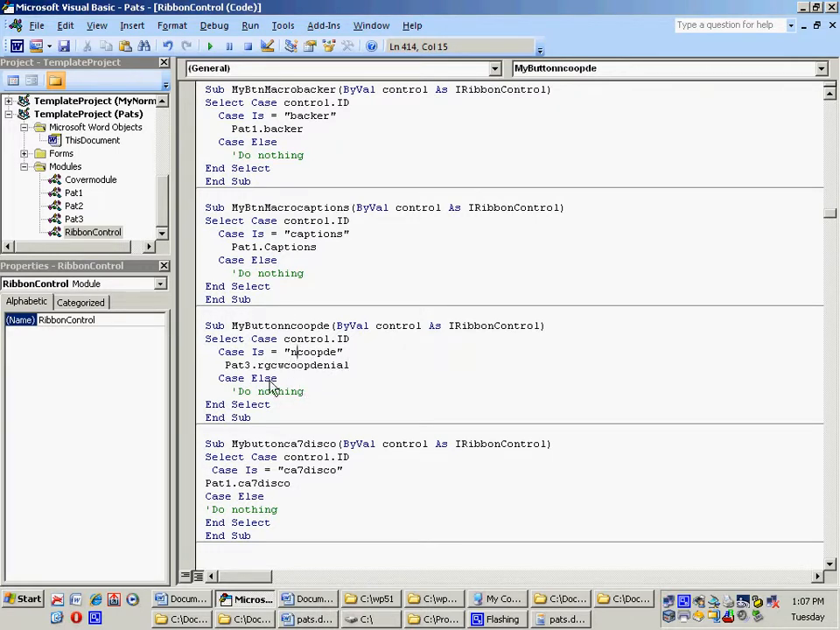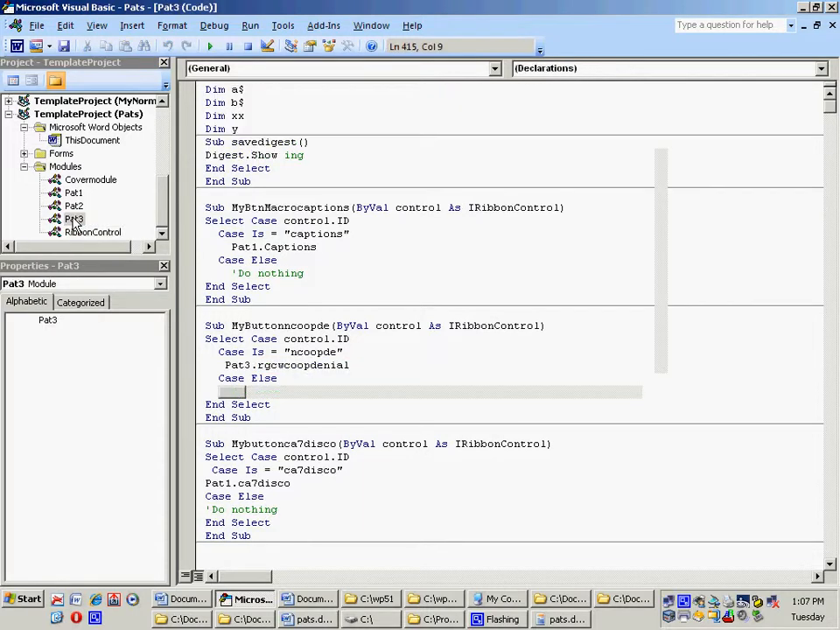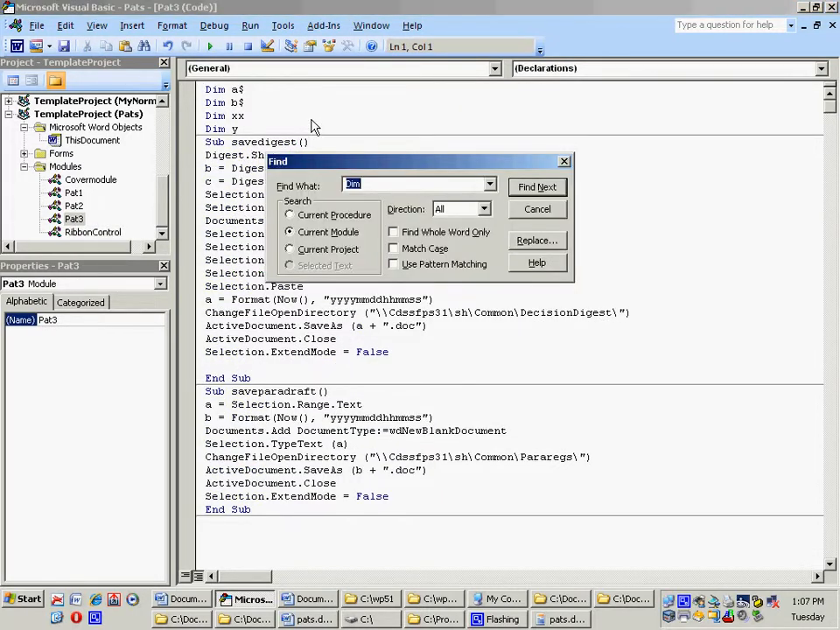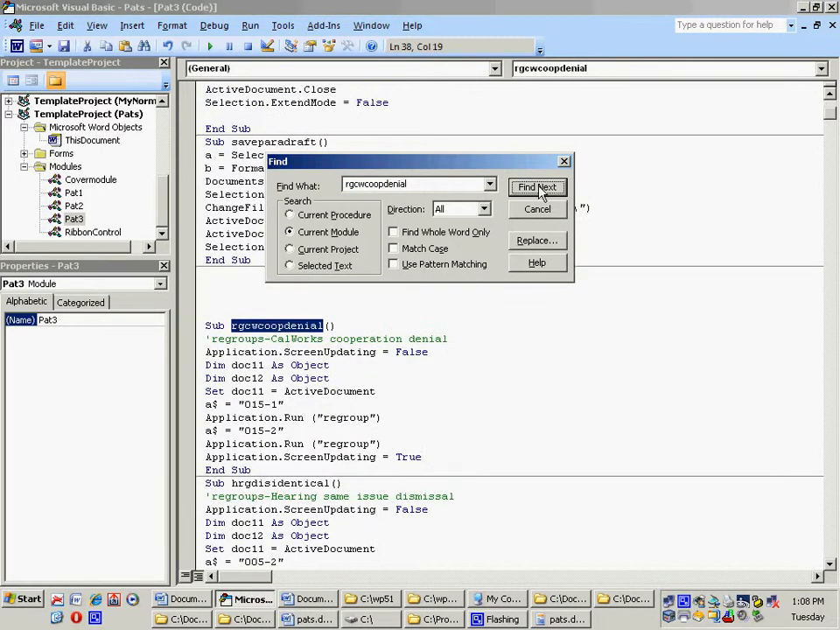So all this macro does is refer to the ribbon and then directs Word to a different macro. So it's one macro leading to another macro. And just to show further what happens here, if I go to pat3 and I search for this, here's the macro, and basically it's going to run